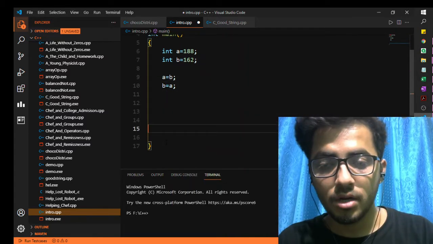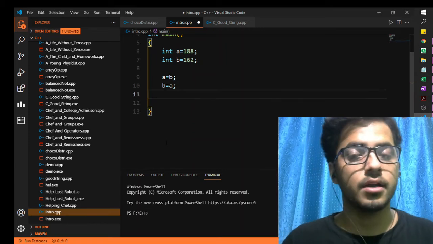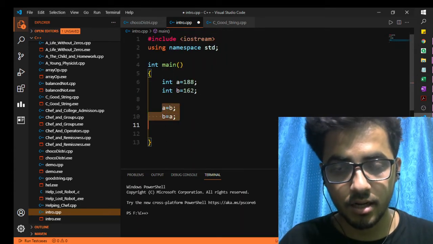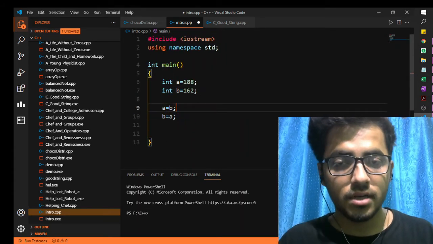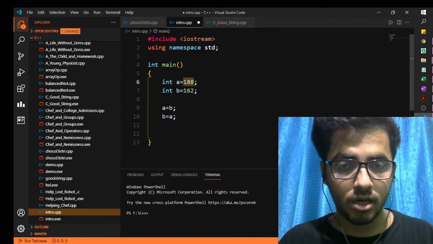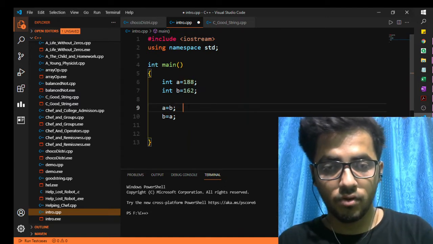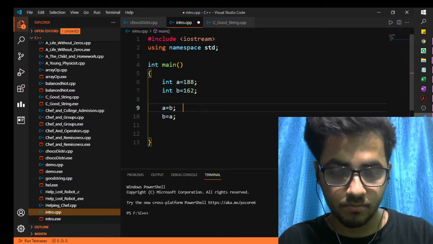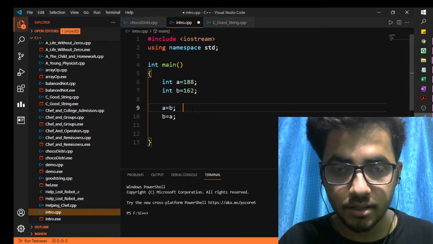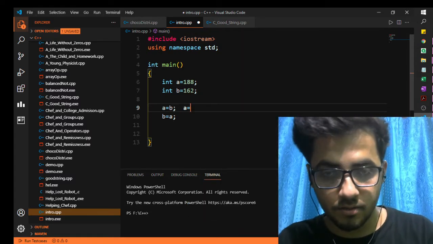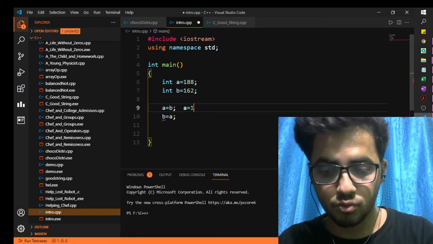So let me make it clear what these lines will do. Firstly we have 188, and then by following line 9, A will acquire the value of B, which is 162.